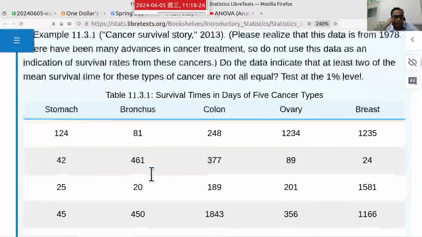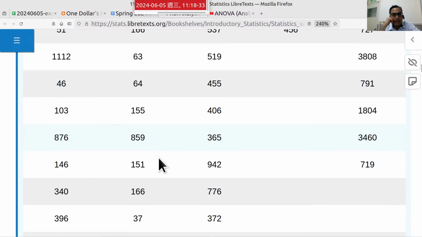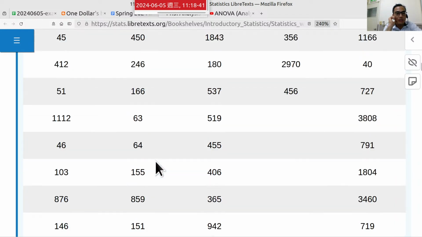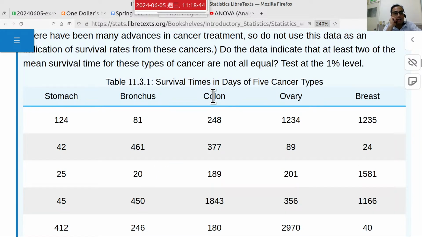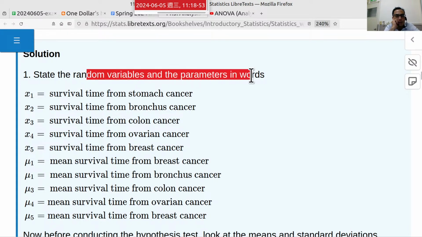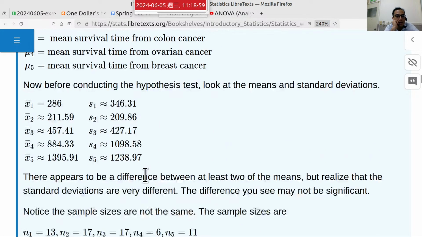And for the second, bronchus cancer, the survival days are 81, 461, 20, 450, like this. And can you read the difference from here? No, actually, we cannot, because our brain cannot process those raw information. And colon cancer, ovary cancer, breast cancer, and okay, state the random variable and the parameters in words, like this one, 5 variables and 5 means, and the average of the first cancer,